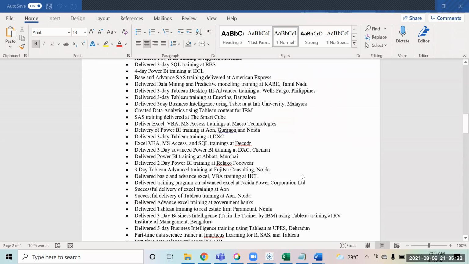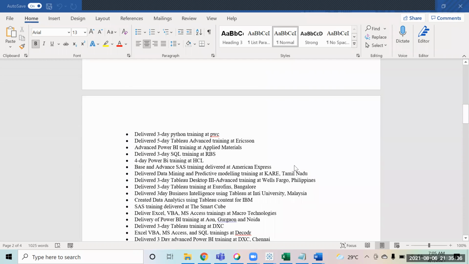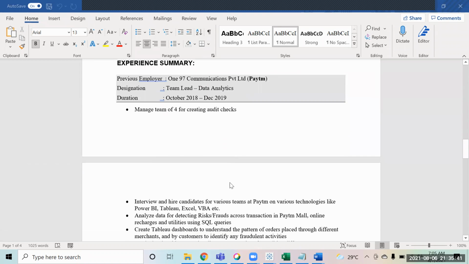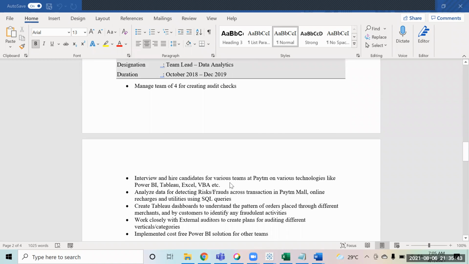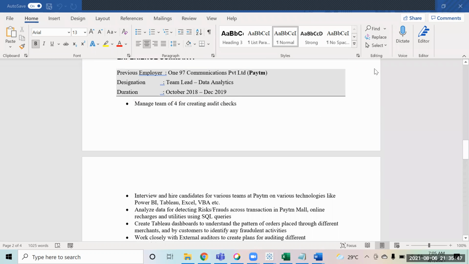So maybe we can keep it that way, because these are the trainings that I deliver to the clients over here. I think it could be on a simpler side, and that will add a lot of value. A person will be able to understand easily what you worked upon. We don't need to explicitly mention each and everything, like heat map, scatter plot, because that is self-understood.